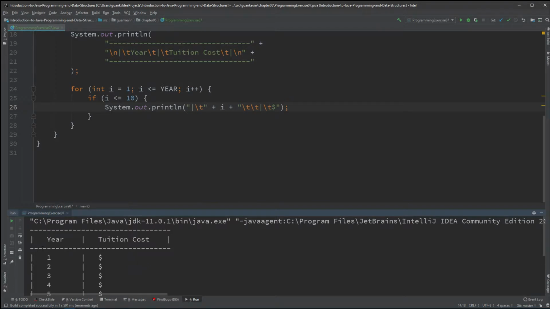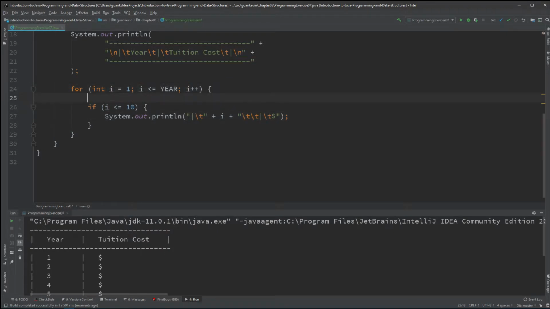All right, not bad. So it's going to display the year, and then it's going to display the tuition. Now another thing I want to do is pad the I. So what I'm going to do is create a string, just call it padded year equals string.format